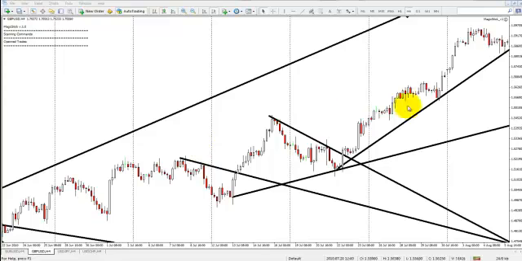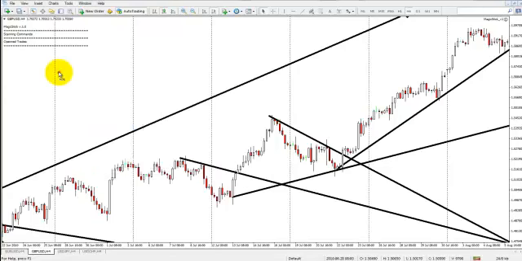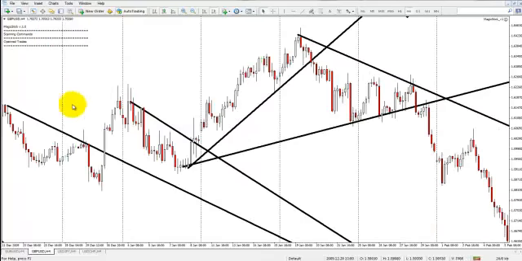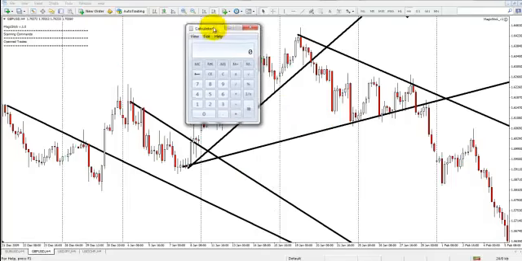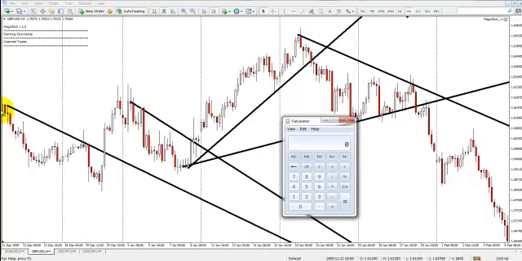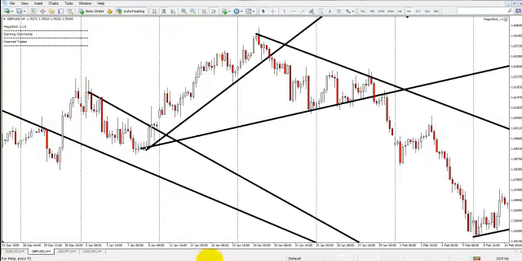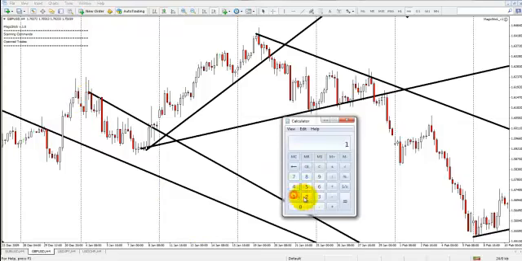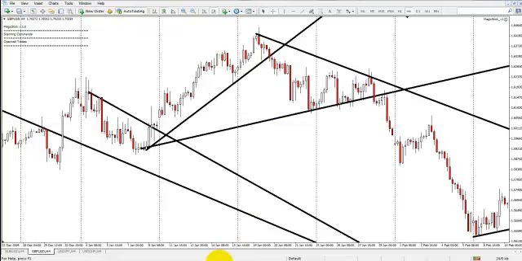Okay, so let me do the math here and just show you the calculator in front of your eyes so you really see me putting the numbers in. Okay, so like I said, we want to incorporate all the winning and losing trades. So the trade that we got in from here to here was about 120 points, so 120. From here to here was about 279 points,